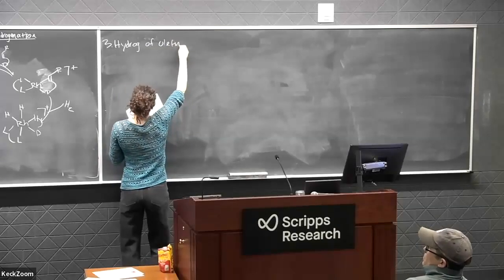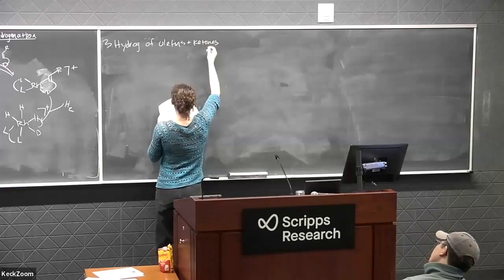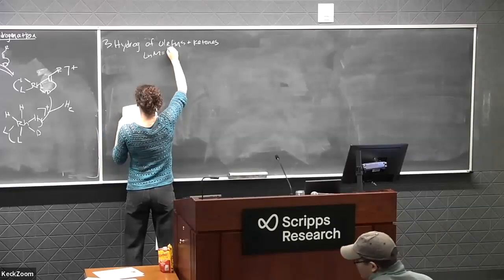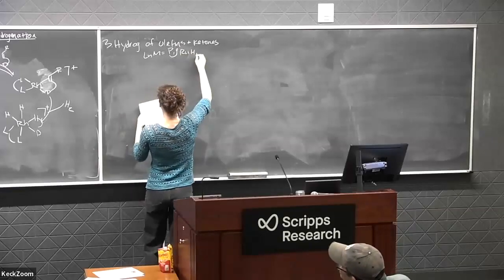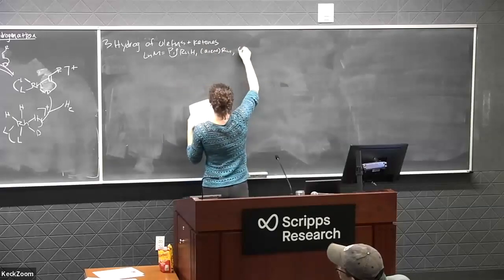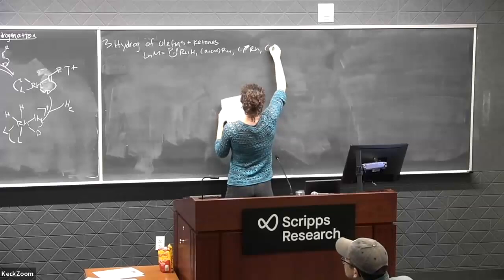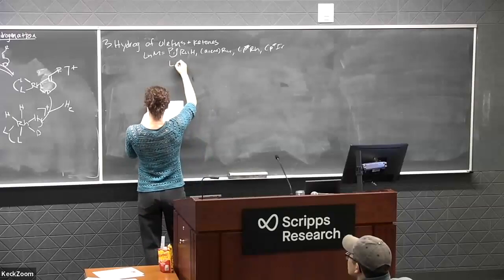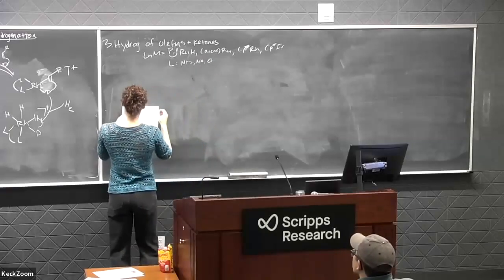So this cycle can come from L and M being bisphosphine, ruthenium hydride, arene, ruthenium, Cp* rhodium, and Cp* iridium, and then the supporting L will be N-tosyl, and that'll make more sense in a second. So